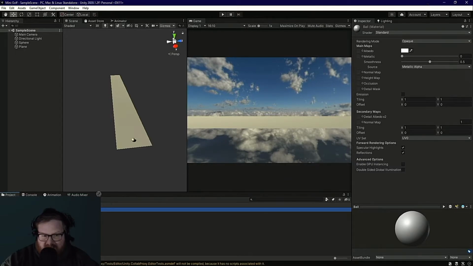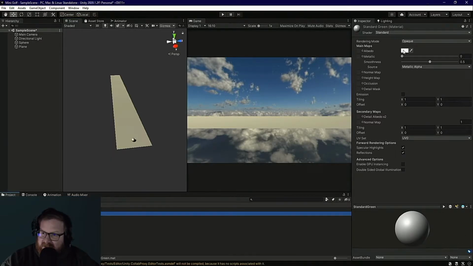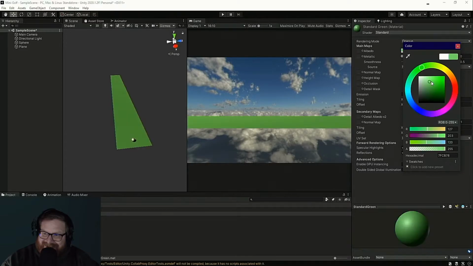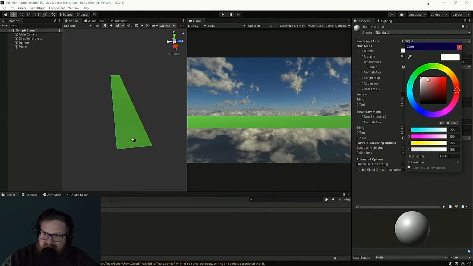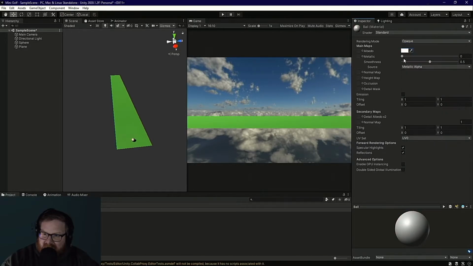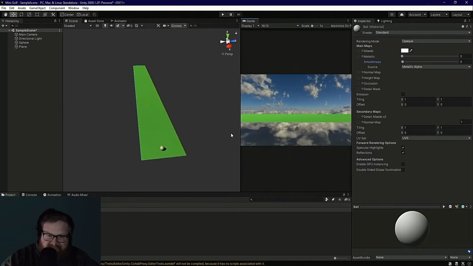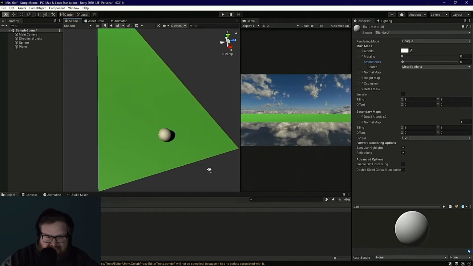Now we get the ball. We're going to drop on the ball. The standard green, we're going to drop on the green. Standard green, we're going to go ahead and just change this for now to like a greenish texture, right? I'm kind of make it look like grass-ish. Take our ball. Most balls are white, like real white. Not metallic, but not smooth either, right? Make it a ball